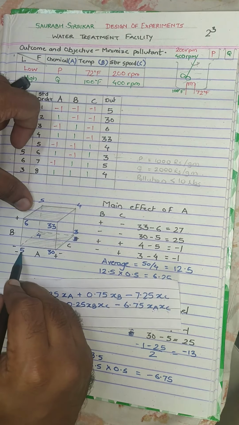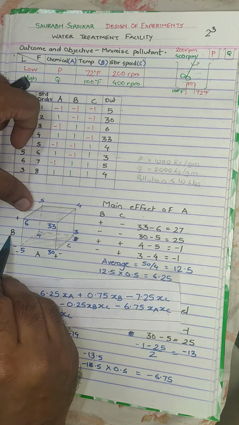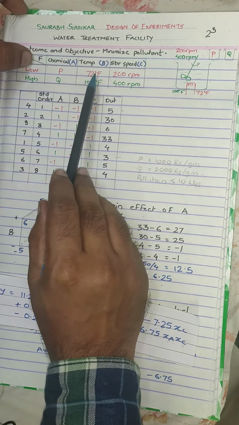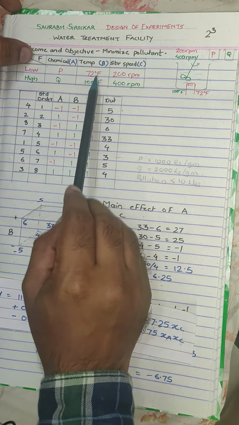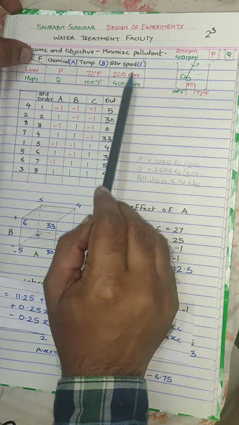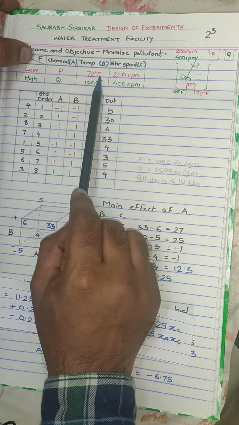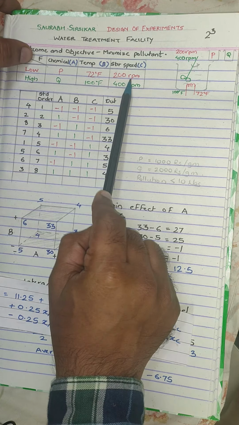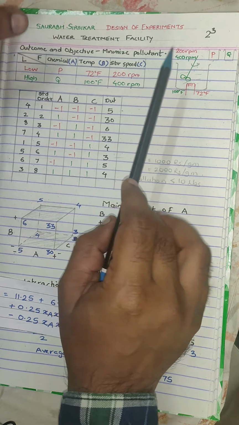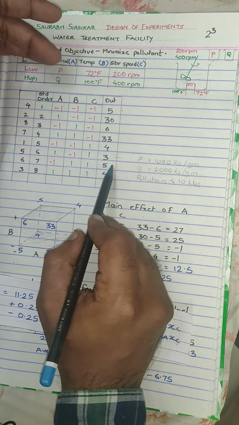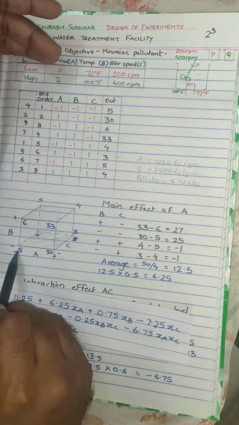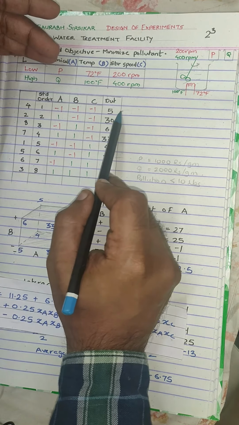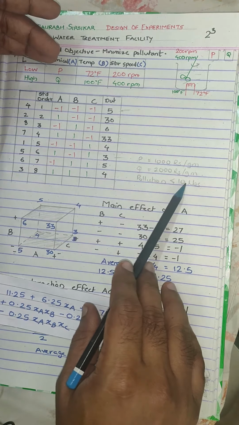If you look at this 5 here, the level of B is negative and also the level of C is negative. So if you see in this table, if you operate temperature at lower level and speed at lower level, probably you will need lower amount of electricity to be spent, and here also you will need lower amount of energy to be spent. So overall the cost required to operate at this setting of -1 -1 -1 is going to be the most affordable, and it will keep the pollution under check.